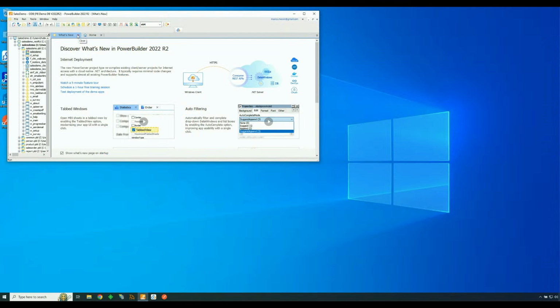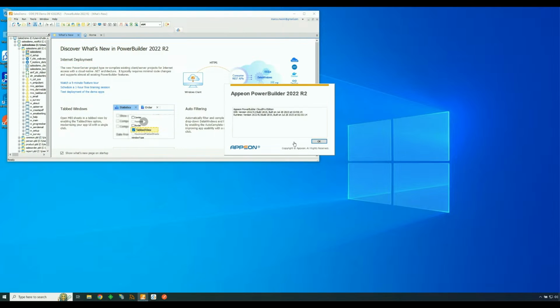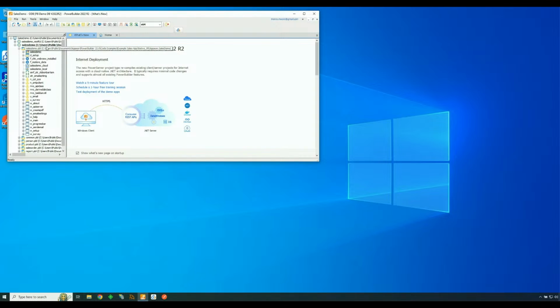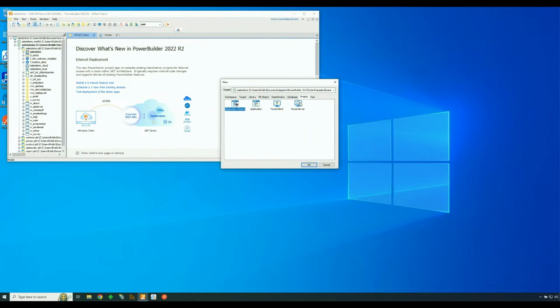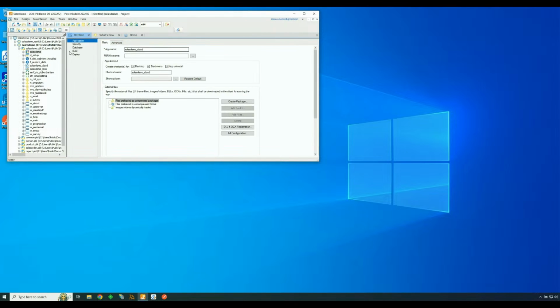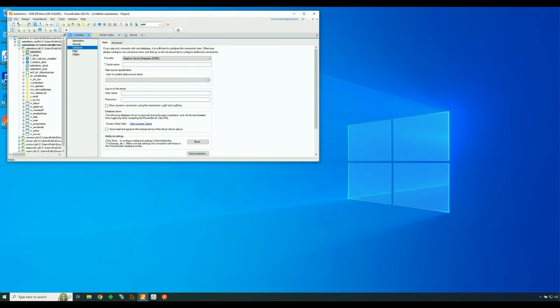So let me switch to PowerBuilder 2022, this is the latest version, revision 2. And here I want to show you the Sales Demo PowerBuilder app deployed as a PowerServer app. You can click on File, New, and select under the Project tab the PowerServer icon, which will ask you to give a name and set up the database that the backend will connect to,